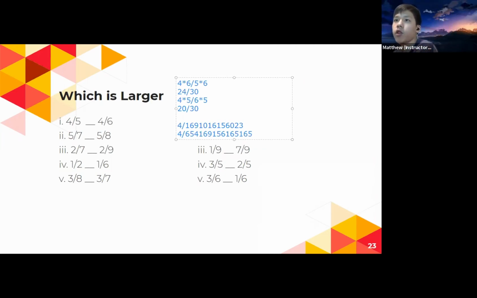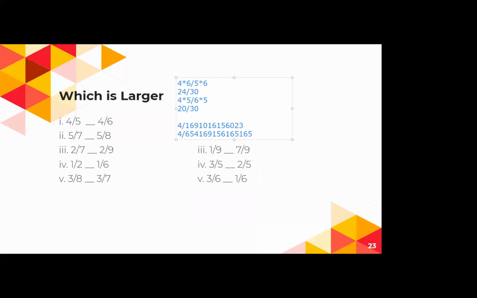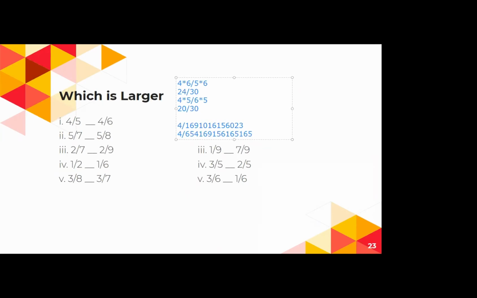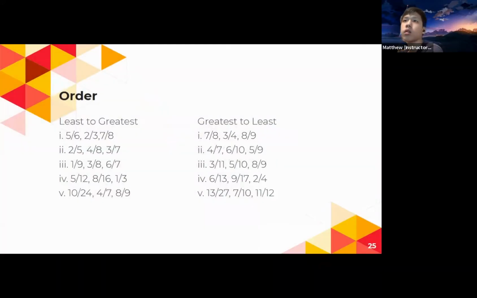That's number 4 actually. 3/5. Correct. What about number 5? 3/6. Correct. Let's do this. Let's move on. So,